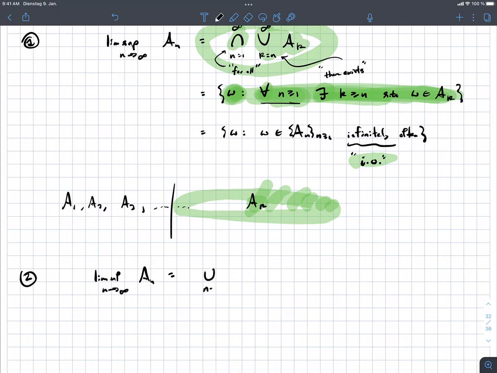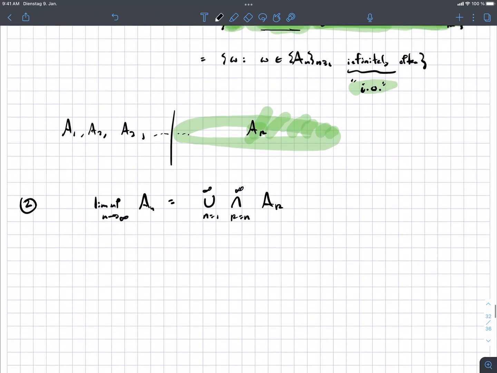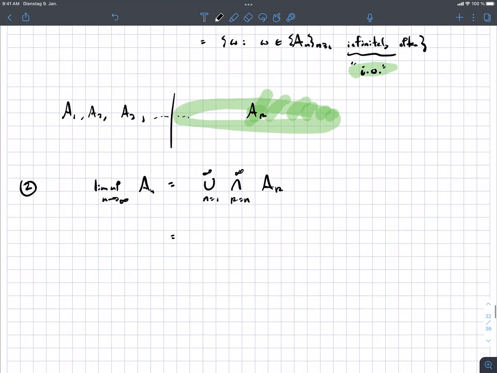This is the union, n equals 1 up to infinity, of the intersection, k from n to infinity. Okay, let me write it down clearly. So, how can we interpret this? Union means